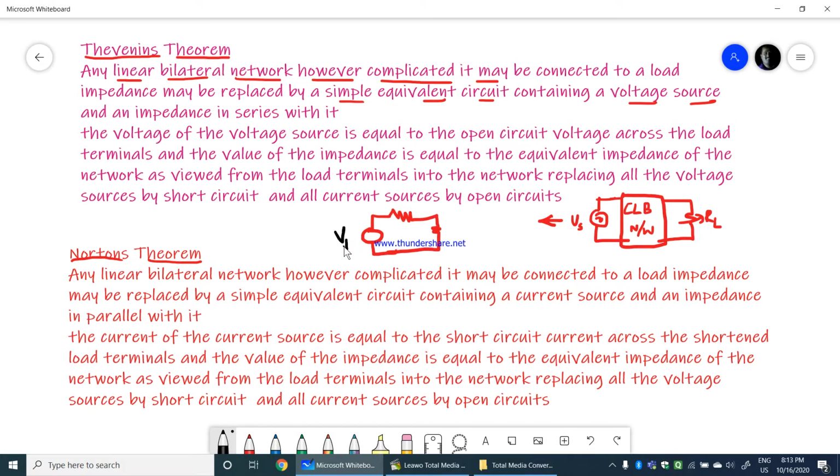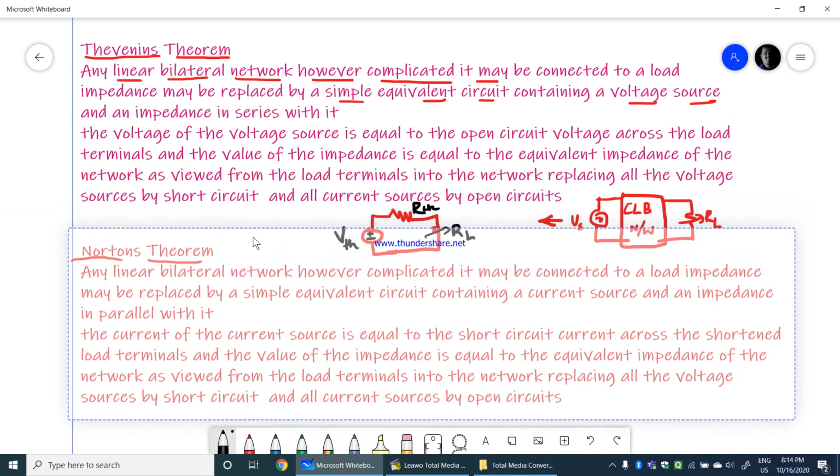load. So this is V Thevenin, Thevenin's equivalent voltage source. This is R Thevenin, Thevenin's equivalent resistance, and this would be the load resistance, which is in series with this Thevenin's equivalent resistance. So any complicated network can be converted into a simple network, which is the Thevenin's equivalent circuit, containing Thevenin's equivalent voltage source in series with Thevenin's equivalent resistance and in series with the load resistance. So this is Thevenin's theorem statement. Now, how to find VTH and how to find RTH, I will tell you the procedure after telling the statement of the theorems.